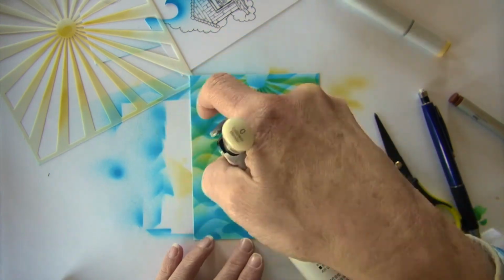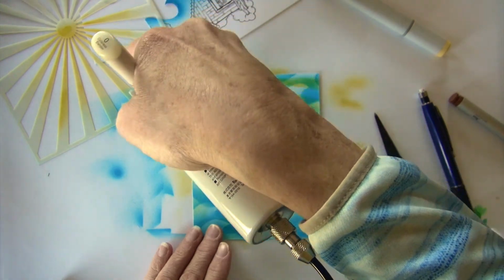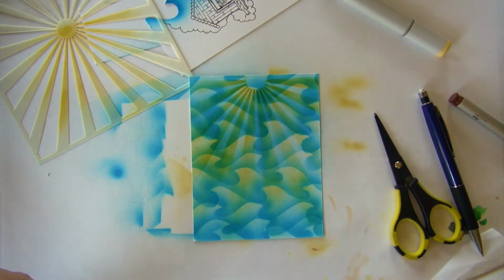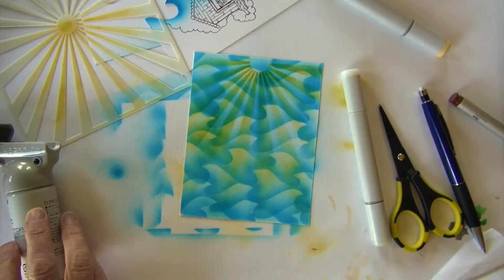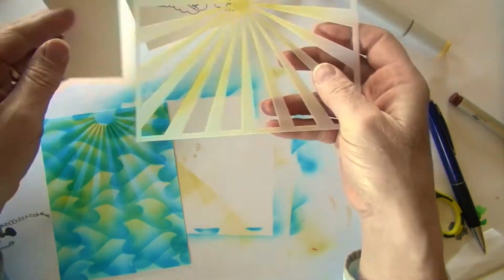It's very, very subtle, but it actually makes that blue pop a little bit more and lightens it up and brightens it up. And that's really exactly what I was going for. And I really just aimed right in between those yellow bands. So the second half of this procedure is going to be